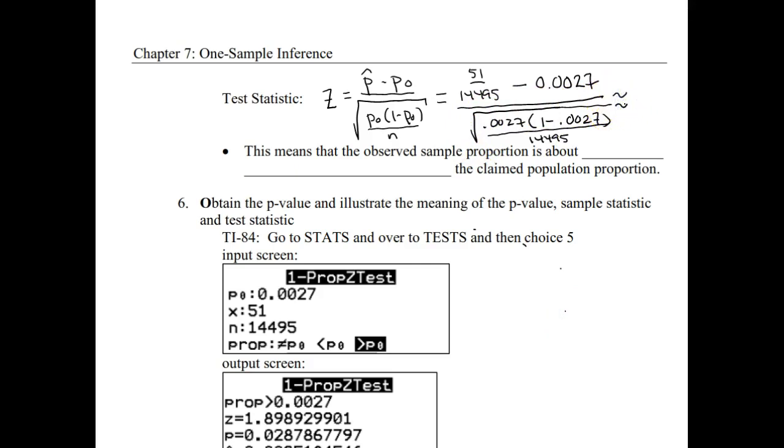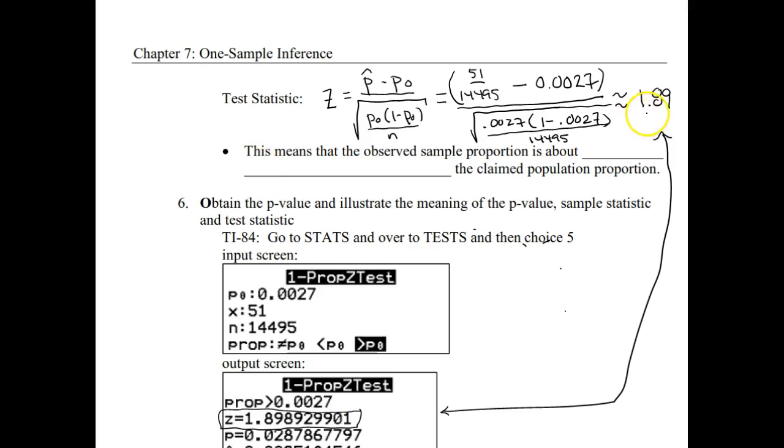Again, we can key punch through this value, or after we do the test, we can kind of cheat and write the value that we're going to get on that output screen. If we actually compute this value, rounded off, we would get about 1.89. It will be this value that we see next to the z-score when we do the one proportion test on the calculator.